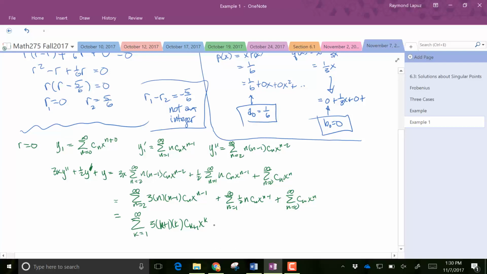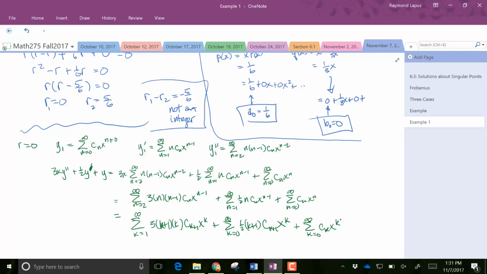This one, we need to do the same thing: add 1 inside, subtract 1 from the index, so our k starts with 0 now. 1/2, add 1, so that's k plus 1, c sub k plus 1. So the k, matching powers, and then the other one doesn't change, except change the variable to k since they're all the same. They don't have to be all the same, but